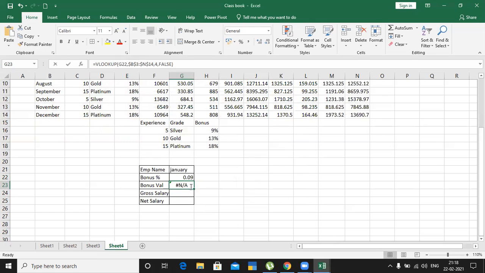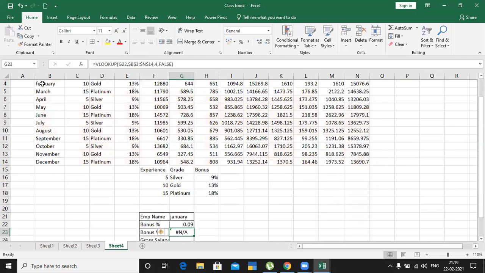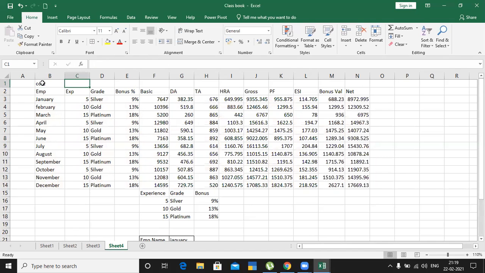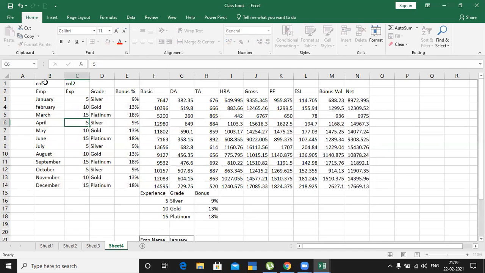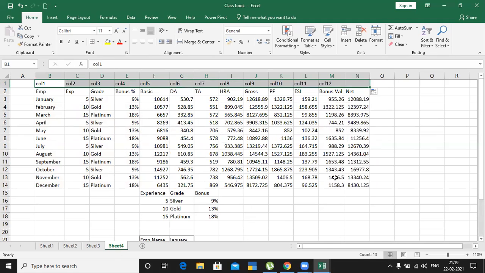But in this area, I have to change the column index number. Just for your reference, I'll write here column index number 1, column index number 2, so like that. I'm giving you these references so it is easy to find.